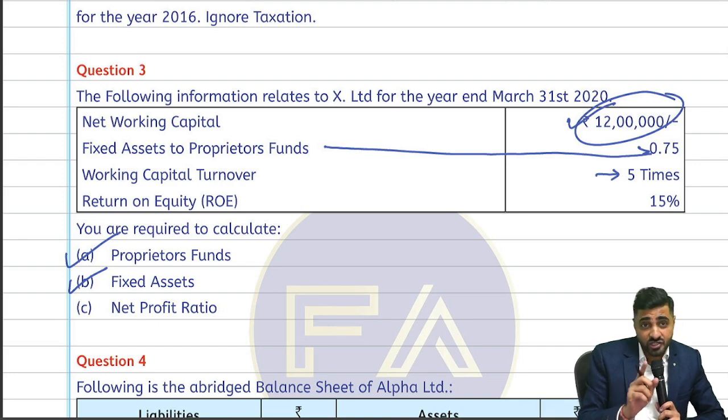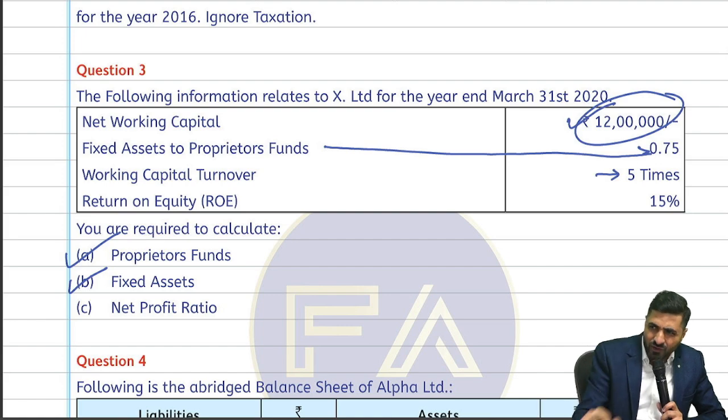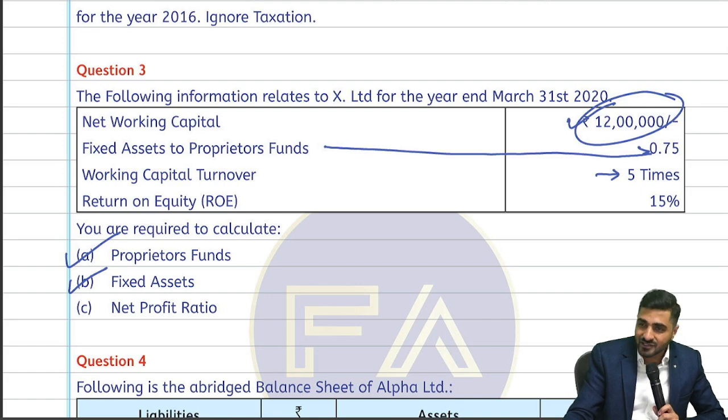I explained the logic, now don't tell me. Return on equity, with what do we divide, beta? Equity. Equity is equity shareholder funds. What we will take? Net profit available for equity shareholders. Of course, that's your NPAT only, because there is no preference dividend in this. Whatever is your NPAT, that itself is net.